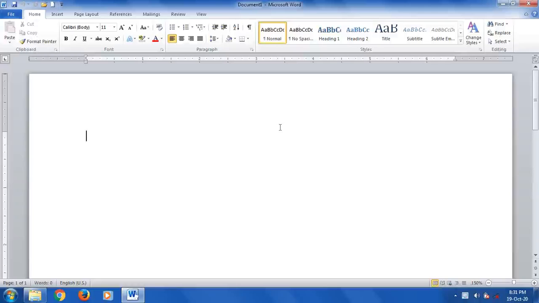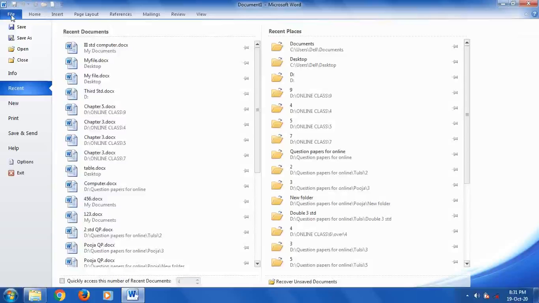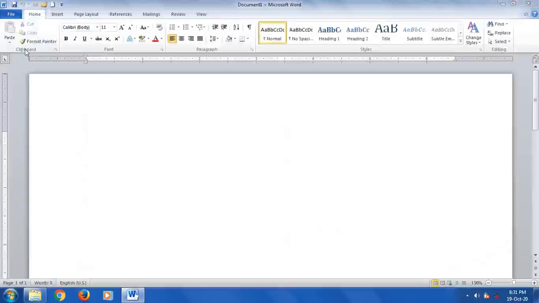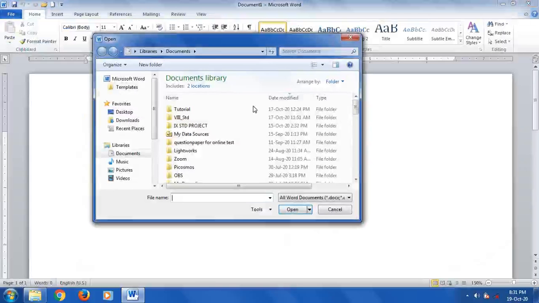In the sense, if you have already saved any files in your system and you want to work in that file, that file has to be opened first, then we can continue the work in that file. So to open an existing file, click on File, then click on the Open option. When you click on the Open option, the Open dialog box opens.